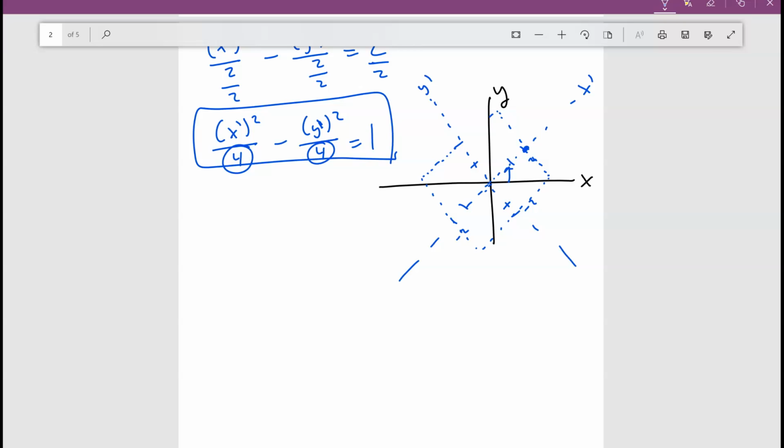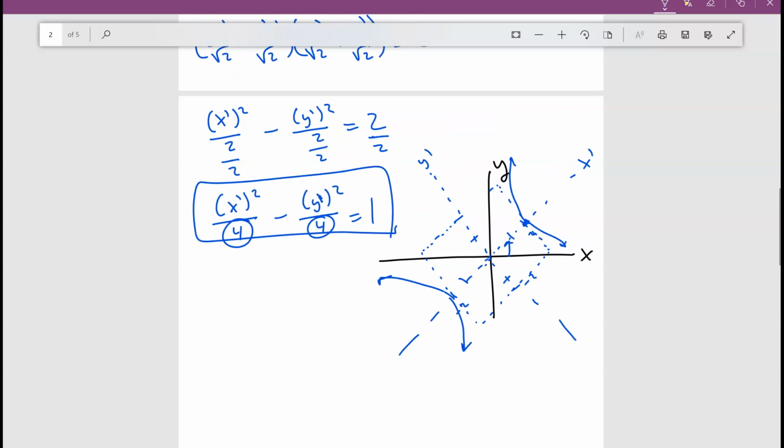I'm just going to go this way, and it's going to go the other direction. Okay. So if you look at this, rotated 45 degrees, we have a hyperbola,